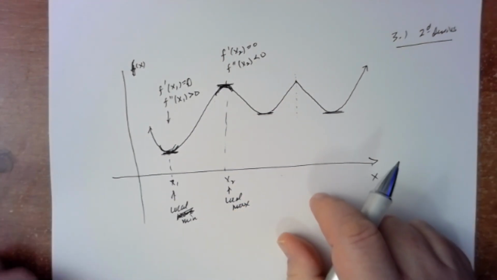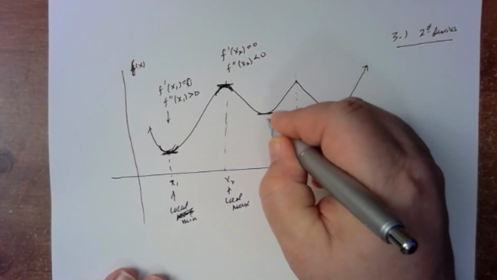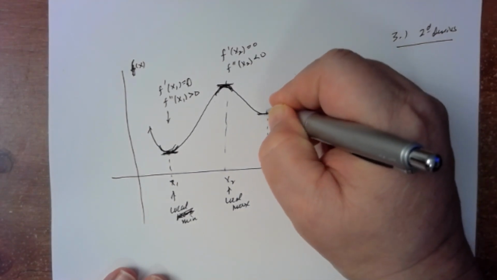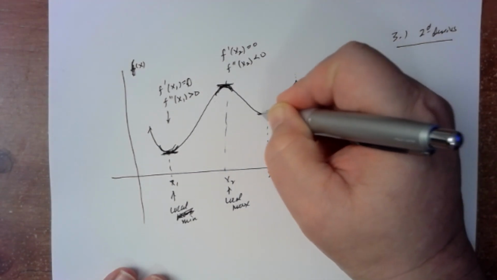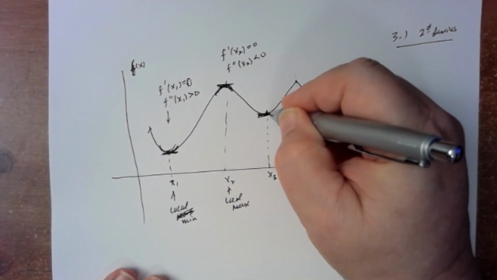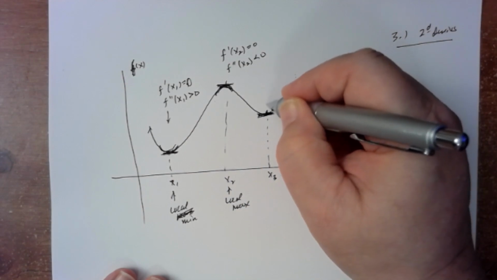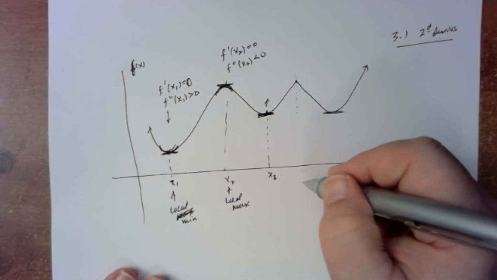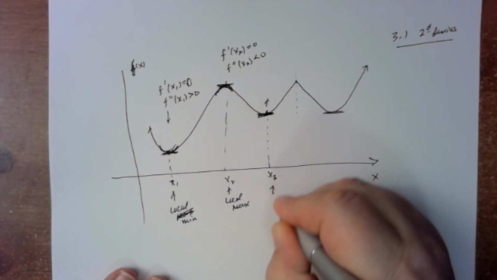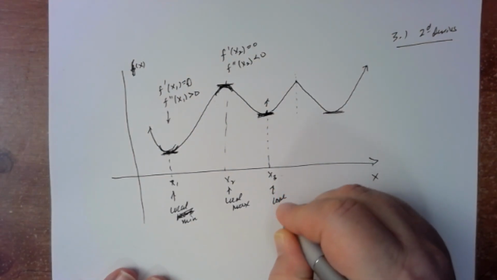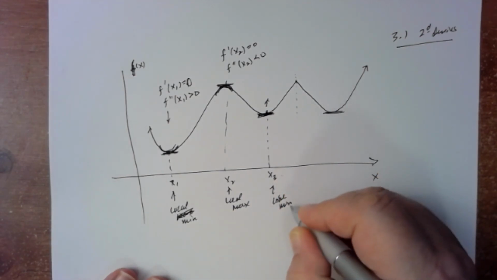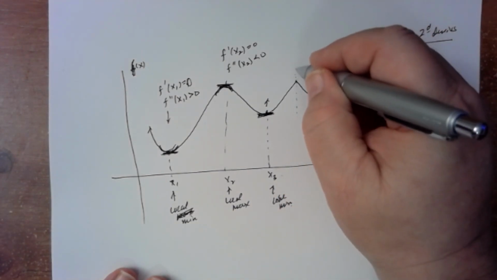Good. All right. And so here's x3, and of course, once again, we see that f prime of x3 is equal to 0, but then f double prime of x3 is positive because the curve is concave up. And so therefore here we will have a local minimum. Let's see if I can spell that correctly. Okay, here